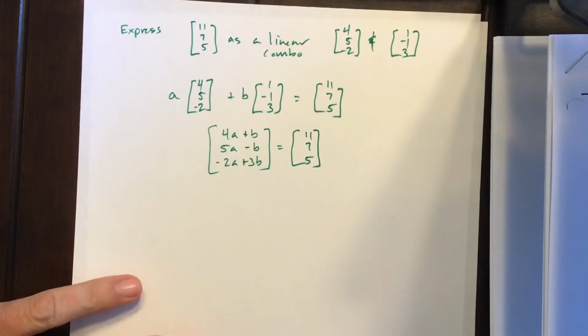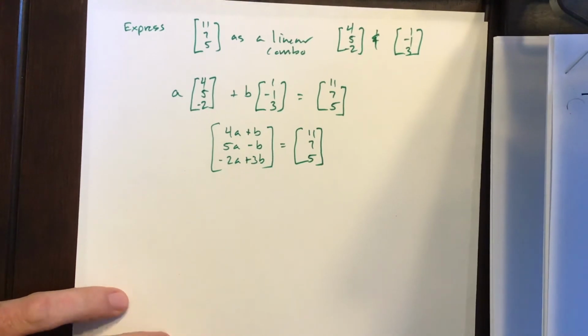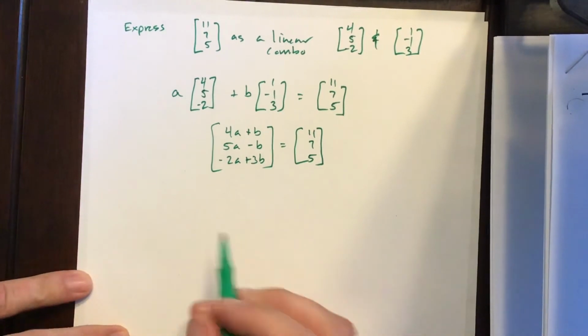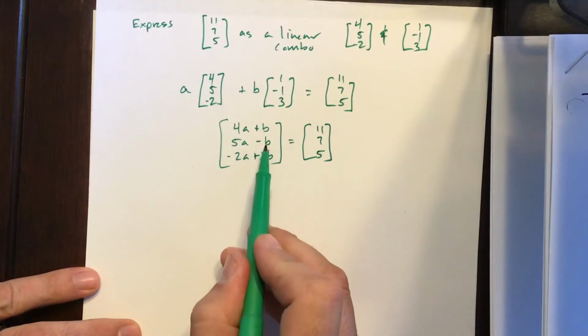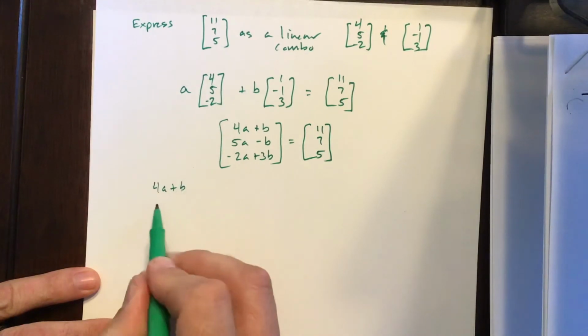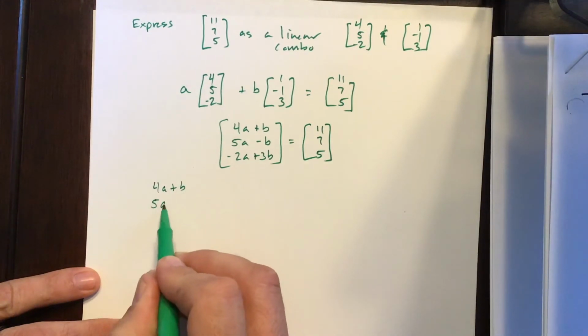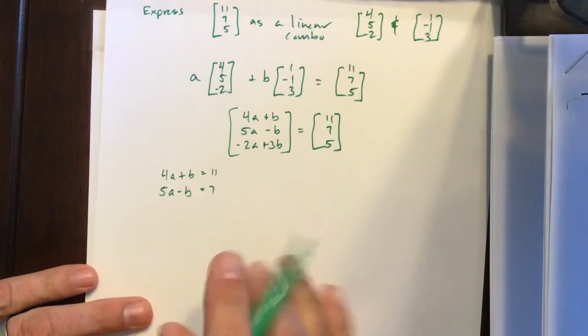Okay, what we have here is the equivalent of a system of equations, 3 equations and 2 unknowns. So all we have to do is solve this system. You can do it any which way you want. What I would like to do, because I see a plus b and a minus b, is take the top 2 equations, 4a plus b, 5a minus b, and that equals 11 and 7 respectively, and